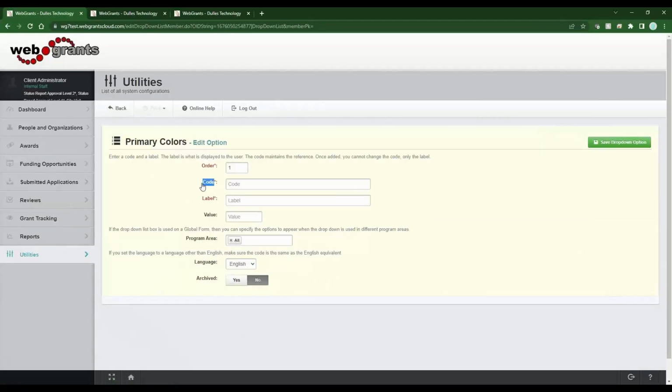So again, this is kind of like the form creator. You want to keep your code short and sweet. That's how it's stored in the database. You don't want special characters. Now this one does happen to allow spaces. So if you do have like a sentence in your label, you can have spaces in your code, but not special characters. I do want to note here though, you can't change your code later,